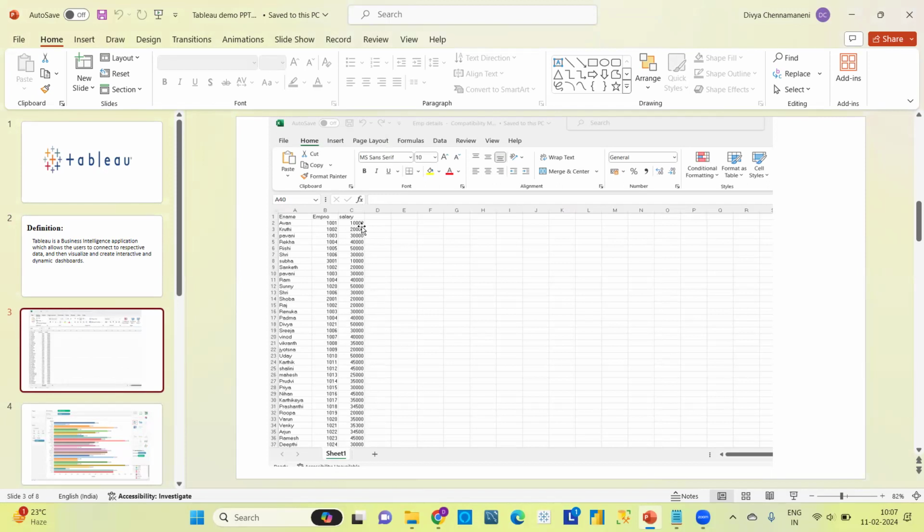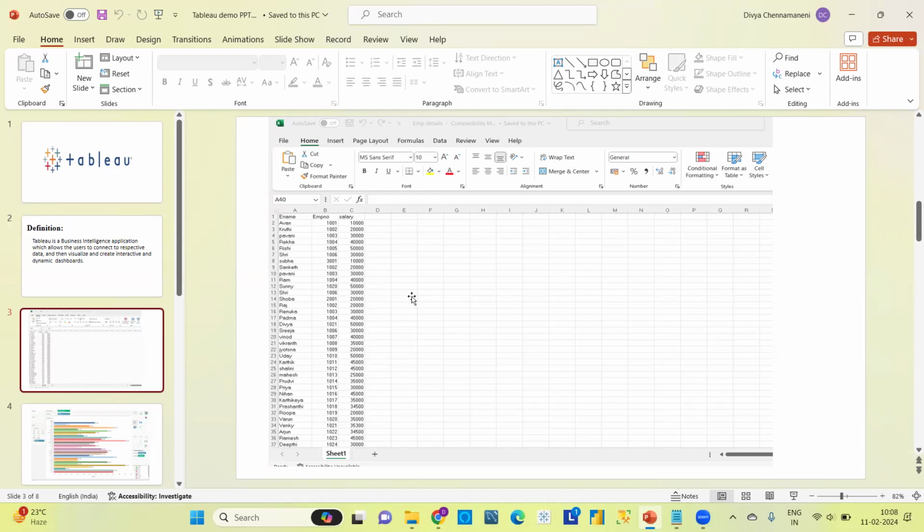If I ask you which employee is earning the highest salary and which employee is earning the lowest salary, can you tell me in 2 seconds? No, right? You can tell it, but it may take some time. And here there are only a few records. If we have thousands or millions of records, can you tell me by seeing this type of data? No, right? It's not possible.